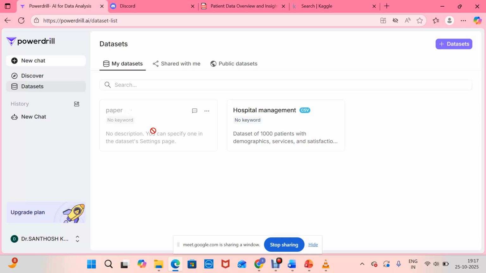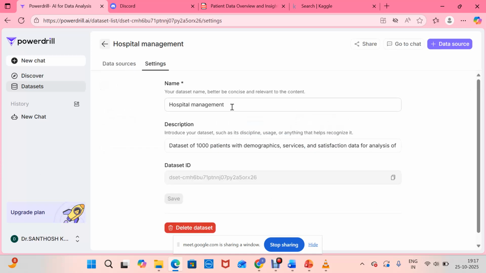Excuse me, sir. Yes, ma'am. Sir, you have typed first hospital management. So when you type this, it will relate to that topic only? No. I have just given a name, ma'am. You can change this name, no issues. This is hospital management; you can give hotel management also. No problem. It is just a name.